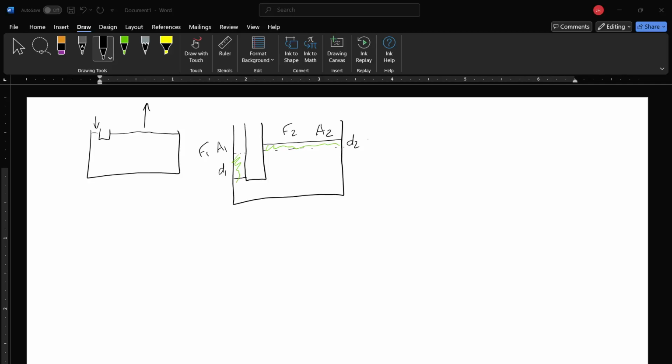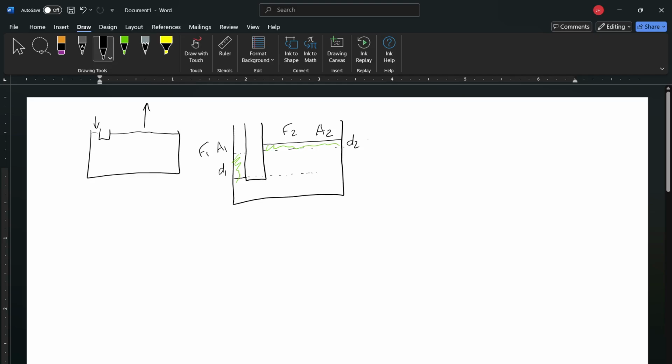Another nuance with hydraulic lifts is when you do push fluid down a distance, then our forces aren't exactly just a ratio of the areas. So, for example, if I were to draw the new level of this fluid down here, we remember we have hydrostatic pressure, and so often this is not a significant amount because of the size of the forces that we're applying. But we do need to remember that there's going to be a hydrostatic pressure difference of rho g h